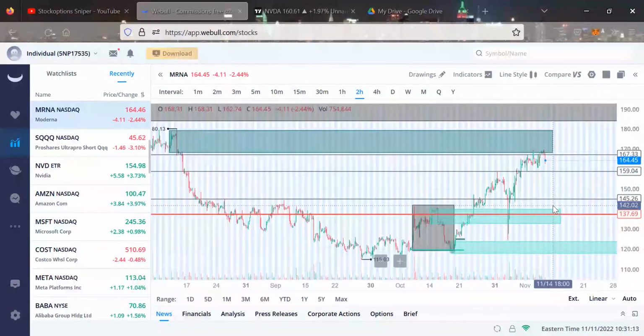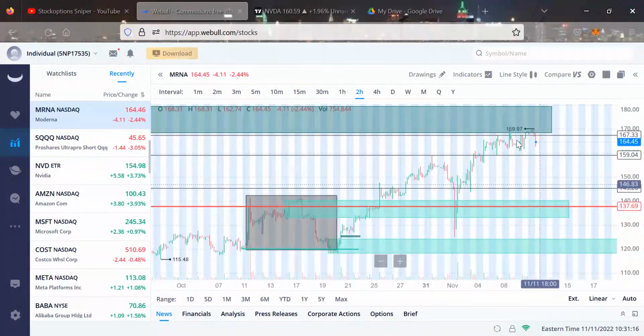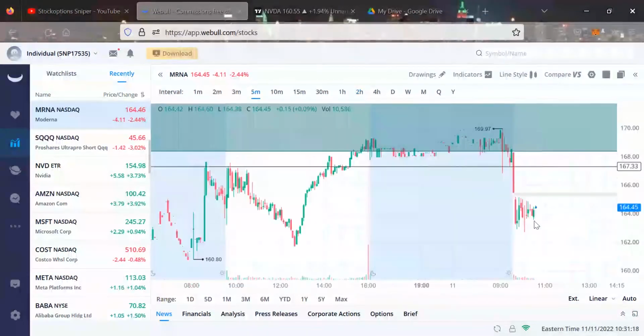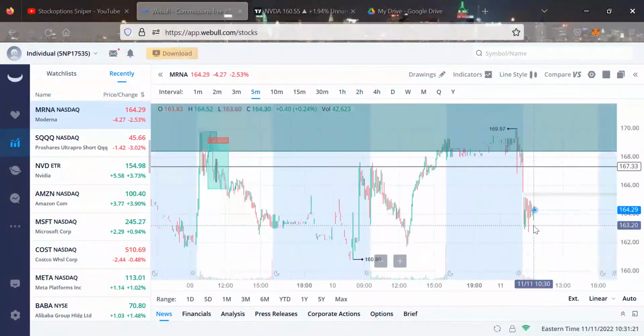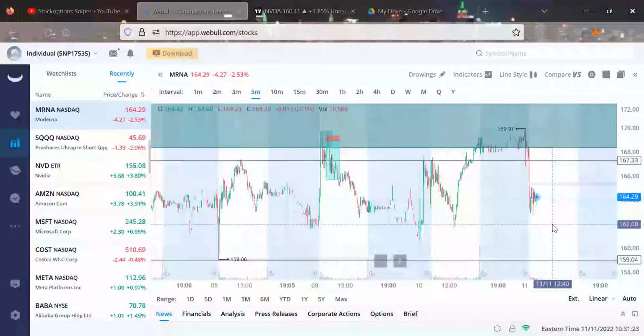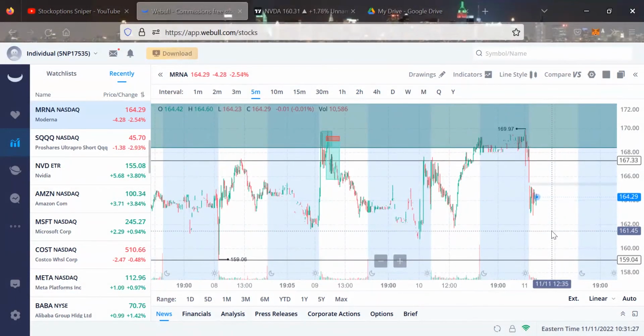Now you could take puts, right? And I think I took like a baby scalp just to be safe. I said, oh, you know what? I'm taking it. And now Moderna is just literally falling to the floor. Like, this is not a coincidence. Look at it. Moderna is just dying,